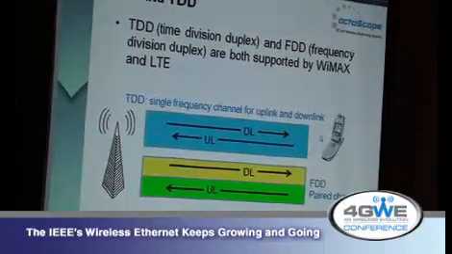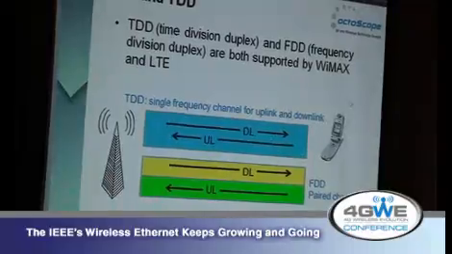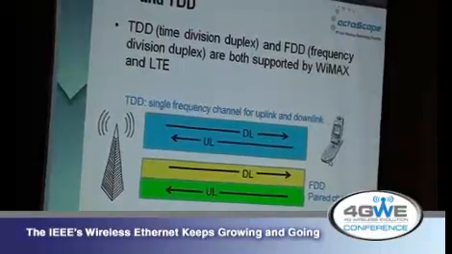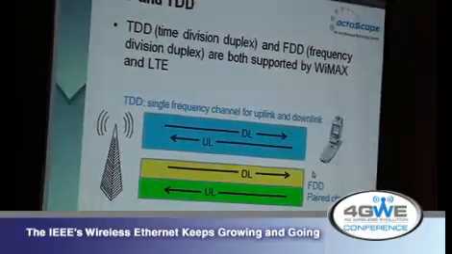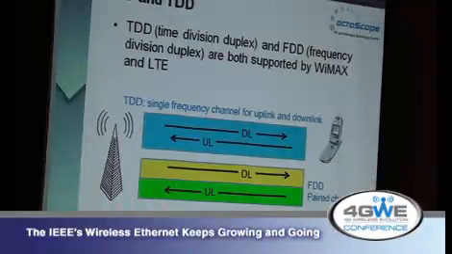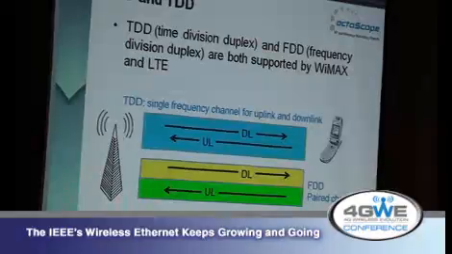For Wi-Fi and WiMAX, those guys came in a little later on this scene and said, well, why do we need two channels? When you have fixed allocated channels, it's not very efficient if you have, let's say, more downlink traffic than uplink traffic, because that's common for web browsing. It's much more efficient to do the scheduling and allocation all in the time domain in TDD. So the more modern technologies are using TDD.